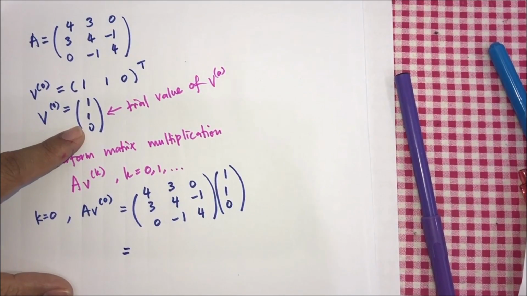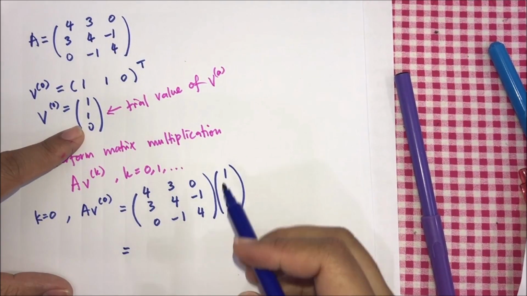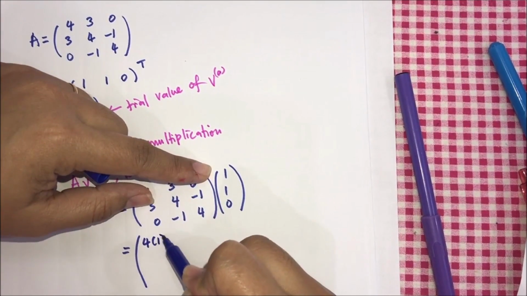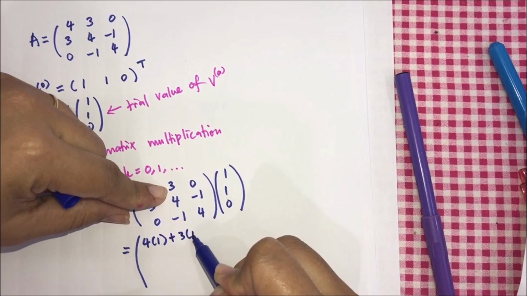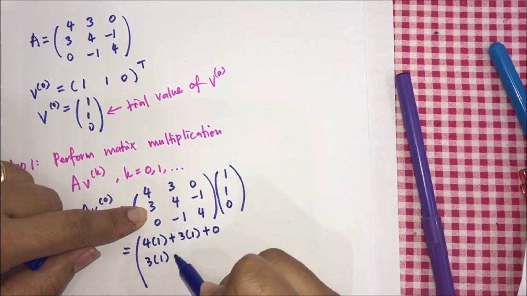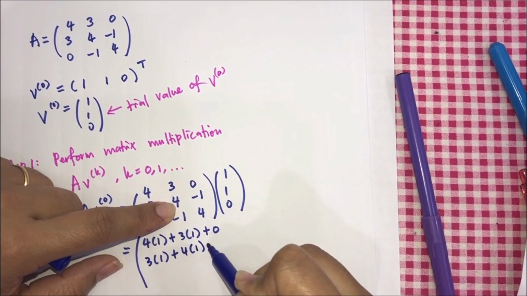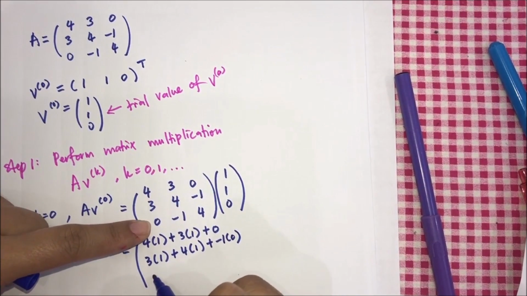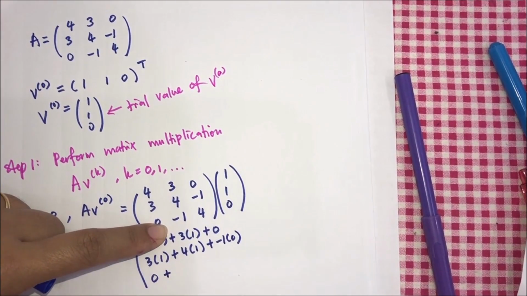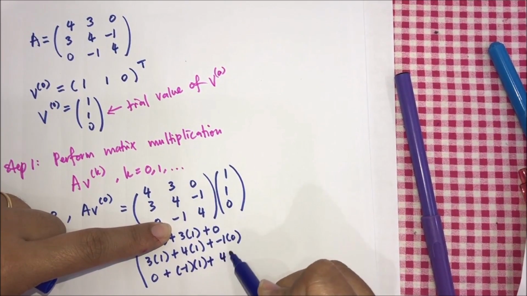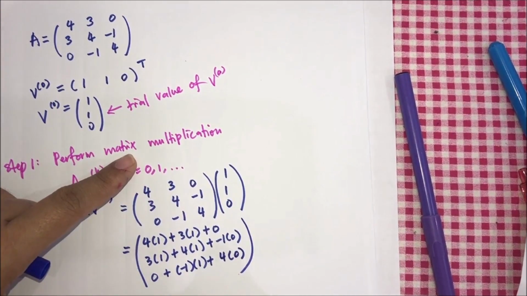We get 4 times 1 plus 3 times 1 plus 0, then 3 times 1 plus 4 times 1 plus negative 1 times 0, and then 0 plus negative 1 times 1 plus 4 times 0. So we will get